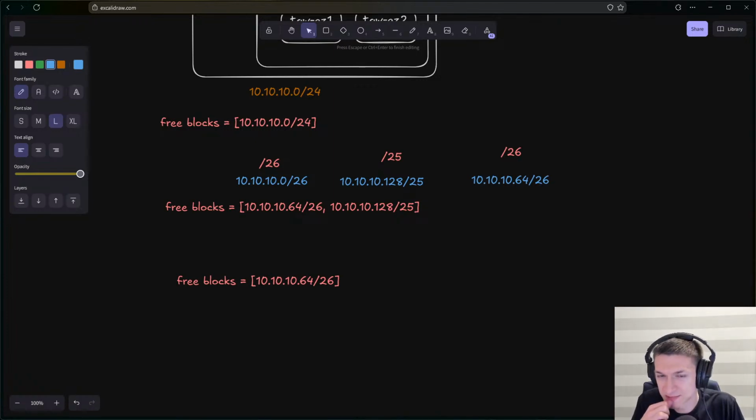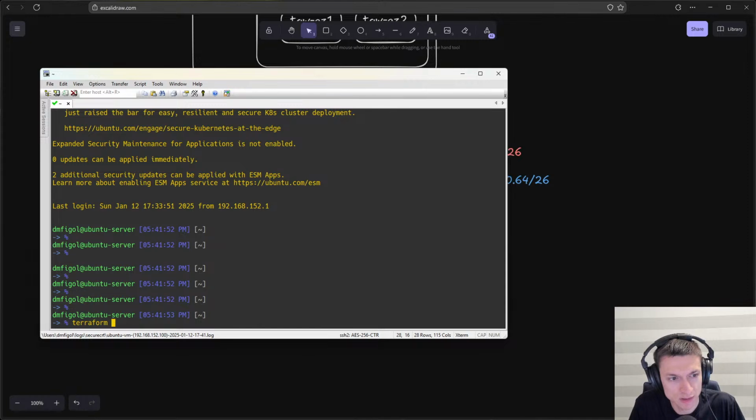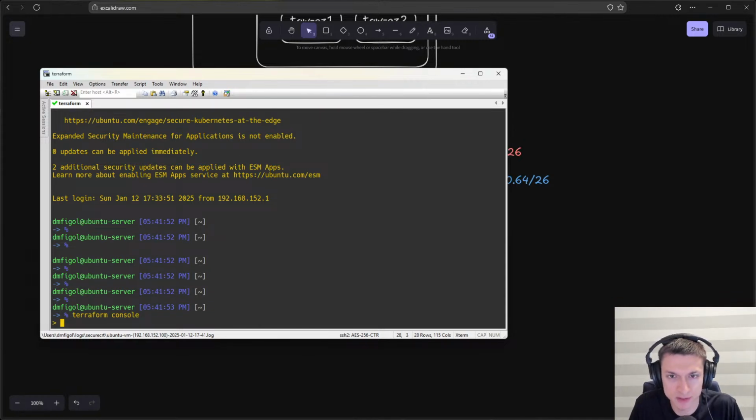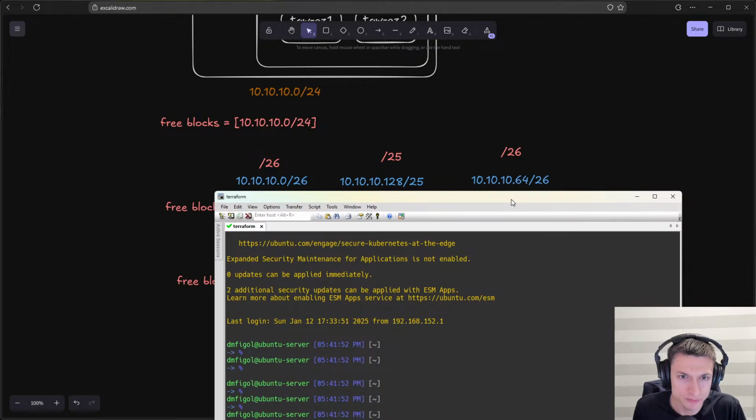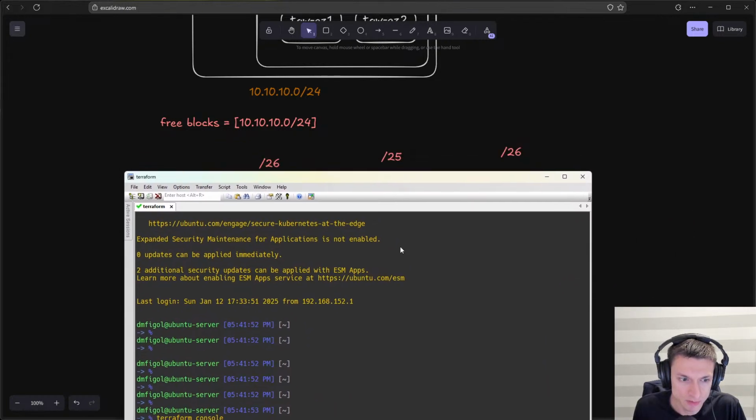Now, why did I select this example in particular? Because it's actually different from how the Terraform built-in function works. I do have a Terraform console, let me show you this. In Terraform, there is cidrsubnets, and there is 10.10.10.0 slash 24, and then you specify new bits like this. So you kind of subtract from slash 24, slash 25 and slash 26. Now, if you just specify these two,